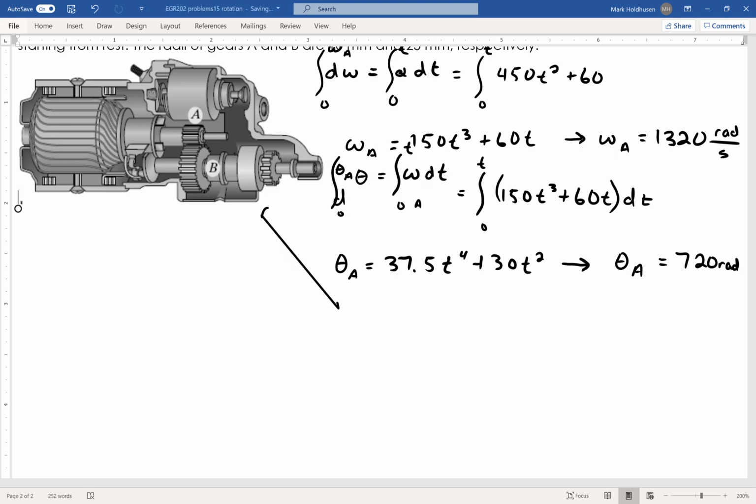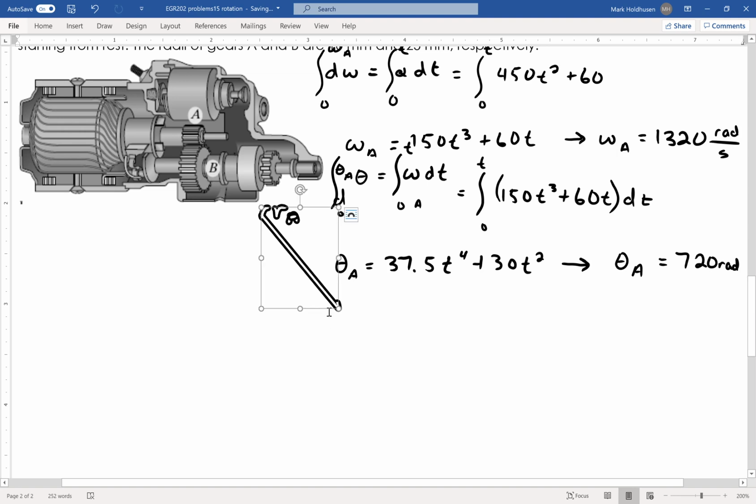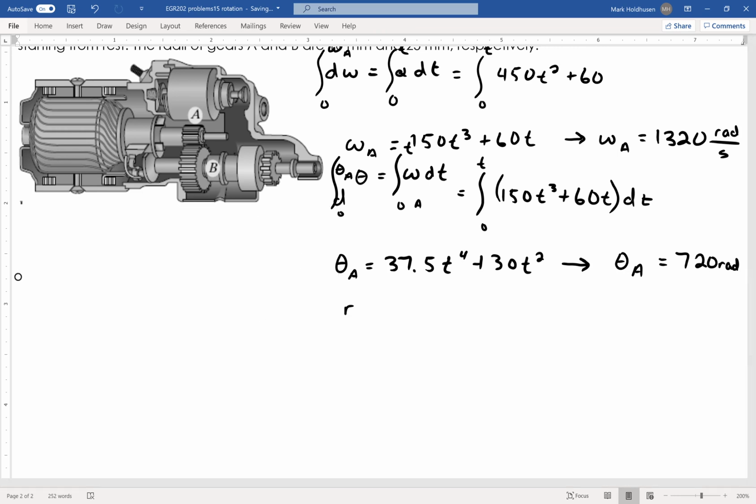So RA omega A equals then RB omega B. Okay, and I know RA, I know RB, I know omega A. From this, I can then find that omega B equals 10 over 25 times that 1320, which is going to give me 528